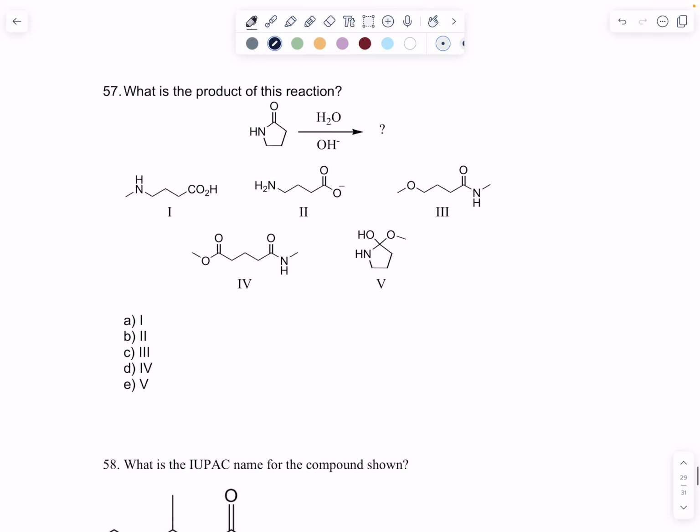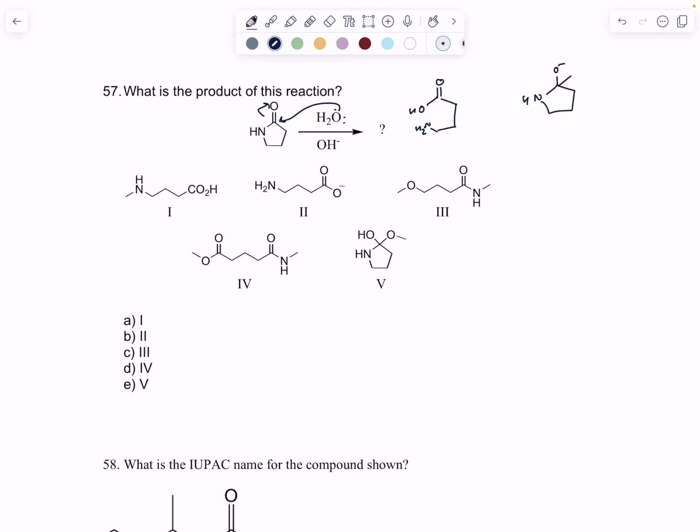Okay, what is the product of this reaction? At the time of filming this, we haven't done this yet, but any carboxylic acid derivative can be converted back to the carboxylic acid. It, of course, is going to kick out the NH2, so you can imagine it going something like this. And you'd get your NH